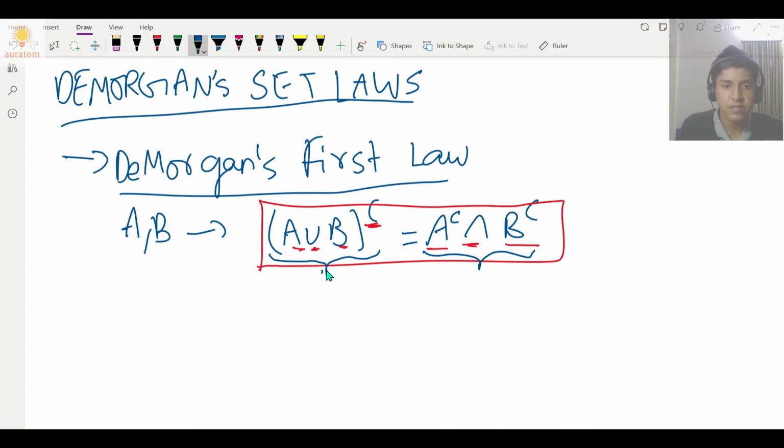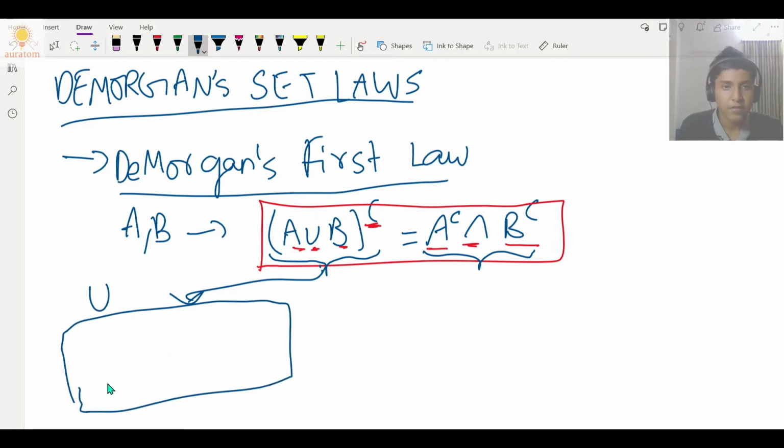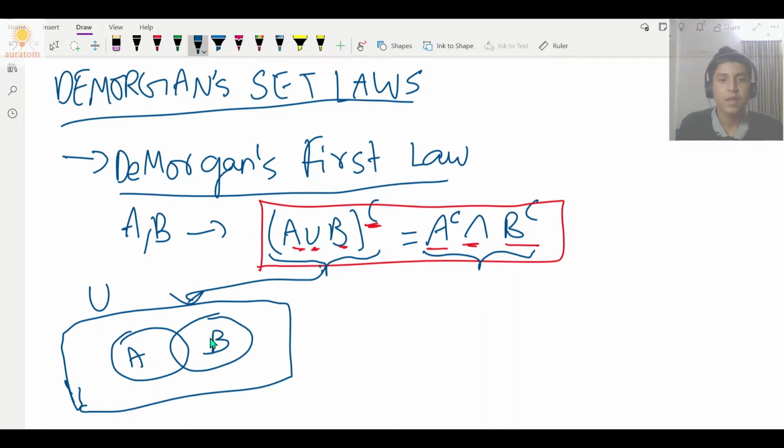Let's first shade this part in Venn diagrams. When we are dealing with an absolute complement, we also have to define and use the universal set, which is denoted by U. Let's put a big box when we are representing it in Venn diagrams. It's usually done so, and we'll do the same. This is the universal set, right? Now let's take the sets A and B. This is the set A and this is the set B.